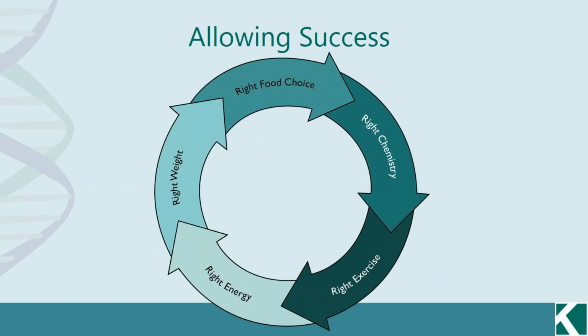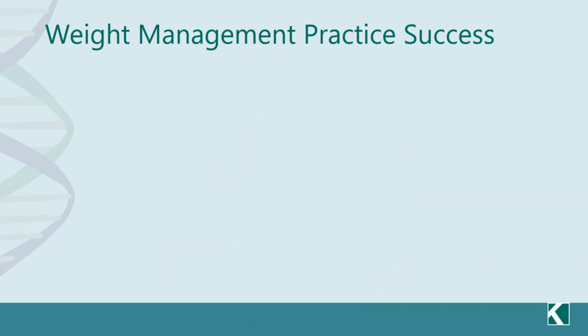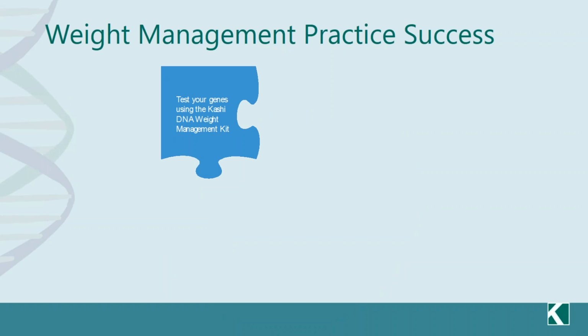Treating weight loss requires a combination of the right ingredients. A good weight loss program can contain the right food recommendations, exercise, energy, and chemistry. Kashi Health can provide you with these tools to increase the success of your program. In order for a practice to be successful, you need all the pieces of a puzzle to align. Here at Kashi Health, we are committed to helping bring these puzzle pieces together for you with our testing services,